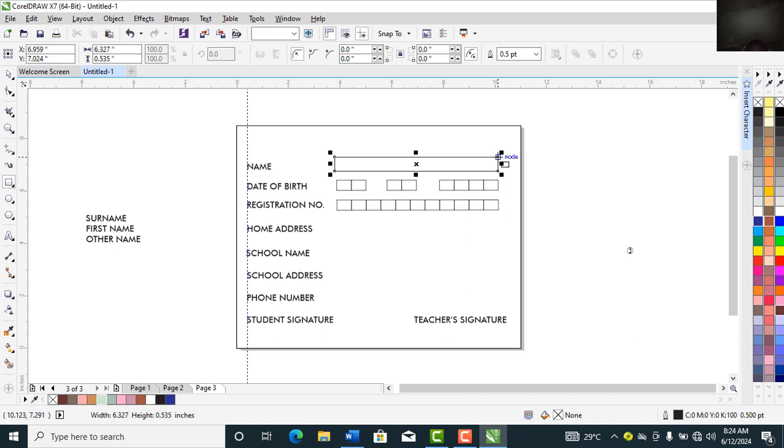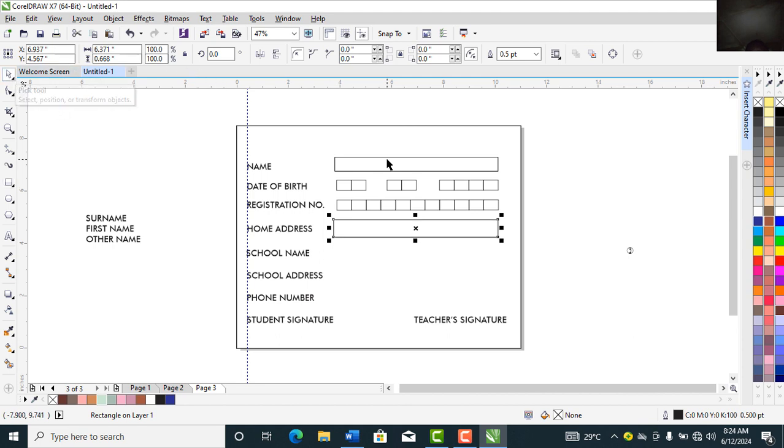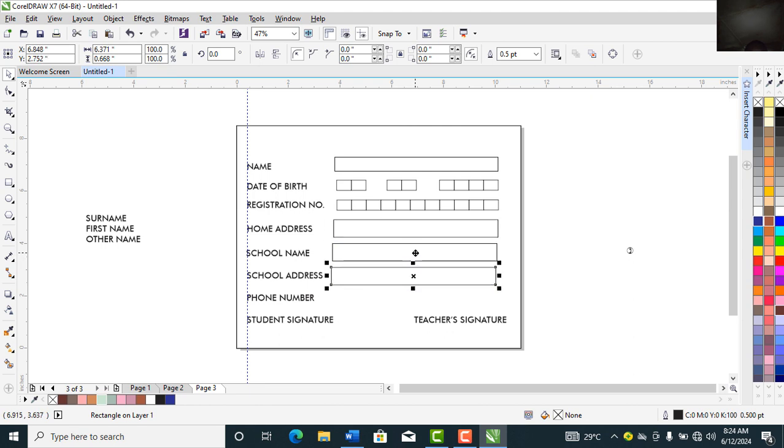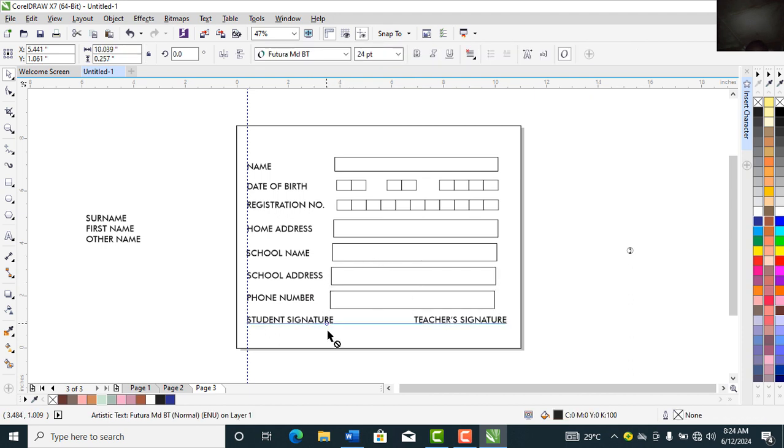All right, then my home address. I can decide to duplicate this. Duplicate this. Then for this signature stuff,